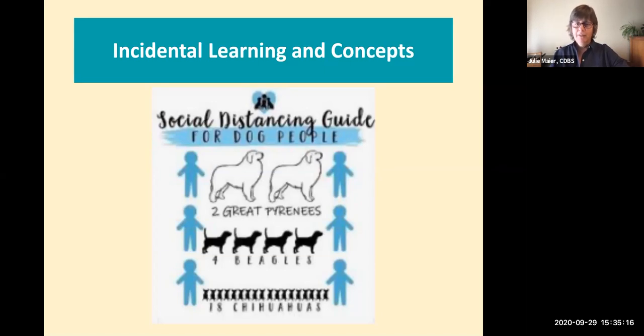But think of this, you'd actually have to know quite a bit about dogs to have this be relevant or amusing or helpful. You'd have to know that a Pyrenees is a large dog. You'd have to know that beagles are medium size and Chihuahuas are tiny. And then you'd also have to even know the bigger concept that dogs actually come in bigger sizes. And there's not just one type of big dog or one kind of medium dog or one kind of little